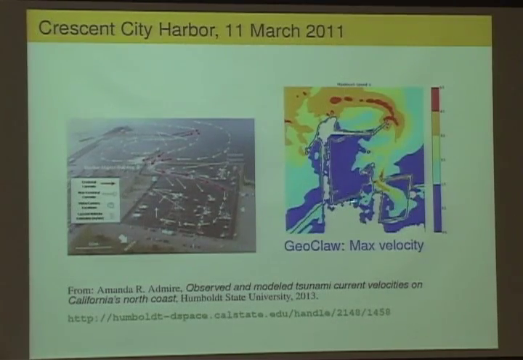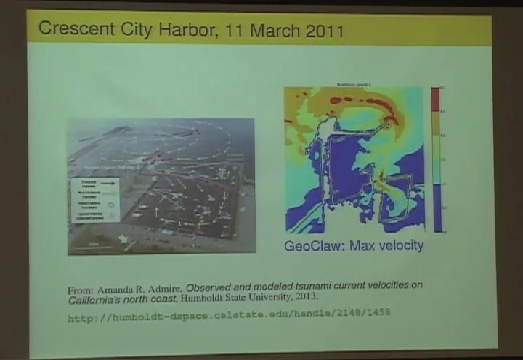I don't have a great picture, but this is what's coming out of GeoClaw, the maximum velocity over the whole simulation at each point. So it isn't a particular time instant, but it's looking at the maximum flow velocity at each point. And we tried to line it up here. So here's the breakwater where the water comes around, and then it swirls around in here. And you can barely see there's some numbers on here.